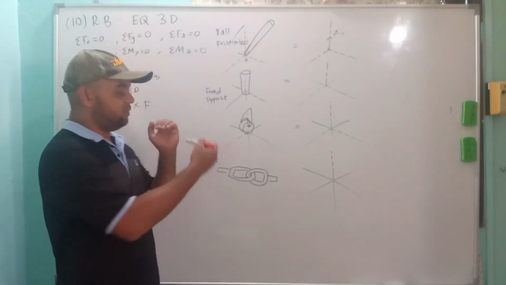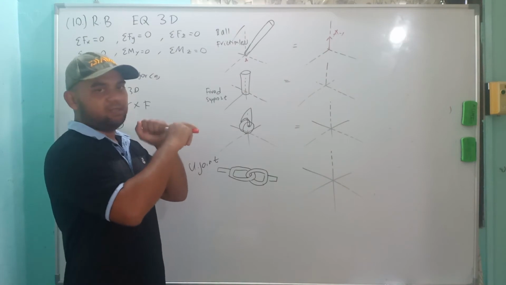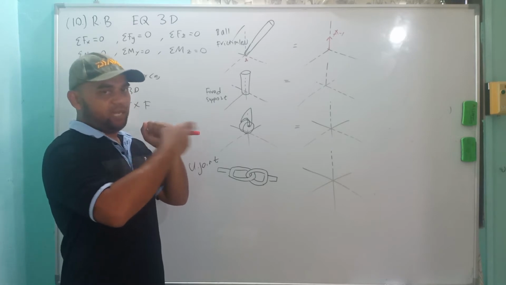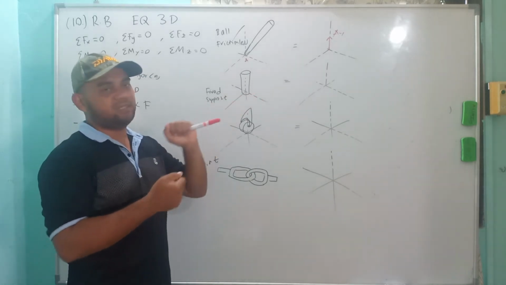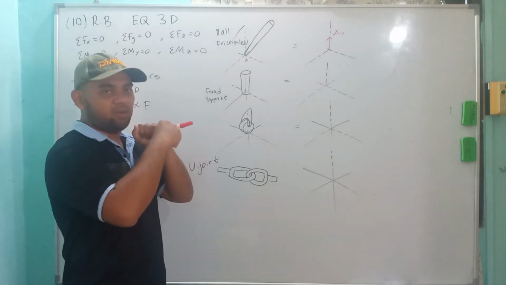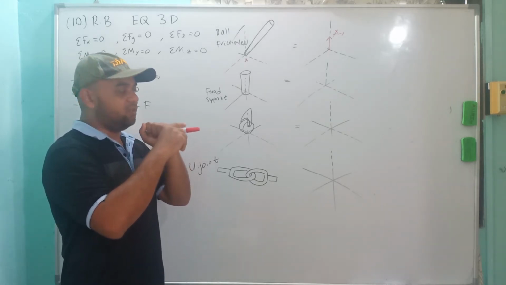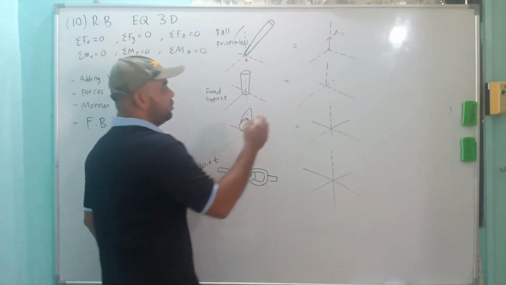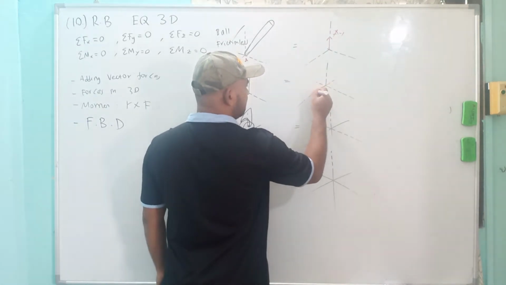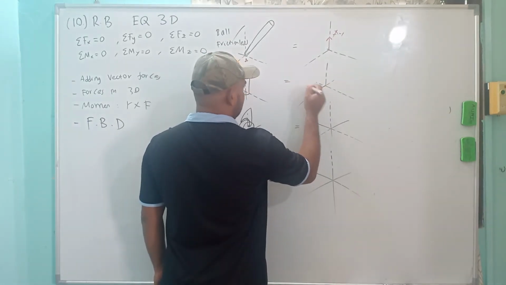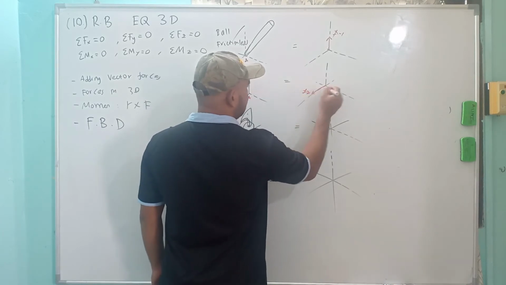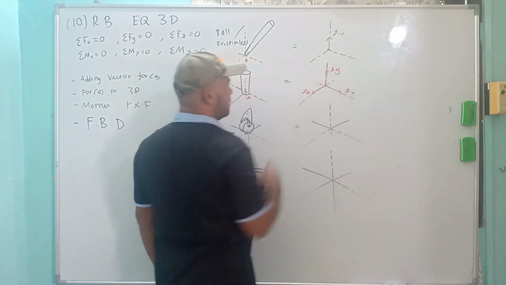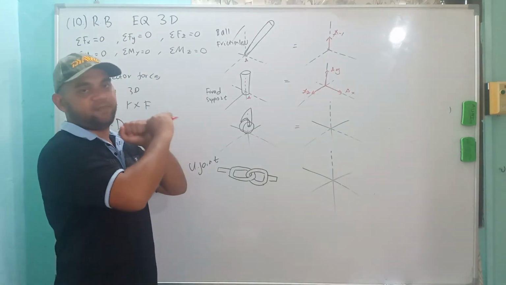The second one is the fixed support. I've shown you in 2 dimension. From this one, you cannot move in any direction. From the 2D, you see that you have x, y, but now we have the third one, z, so of course we have x, y, and z directions. In all three directions you cannot move, and also you cannot rotate. First I will put one force, let's say this is A, so AZ, the other one is AX, the third one is AY, because in all these 3 directions you cannot move, it is really fixed.